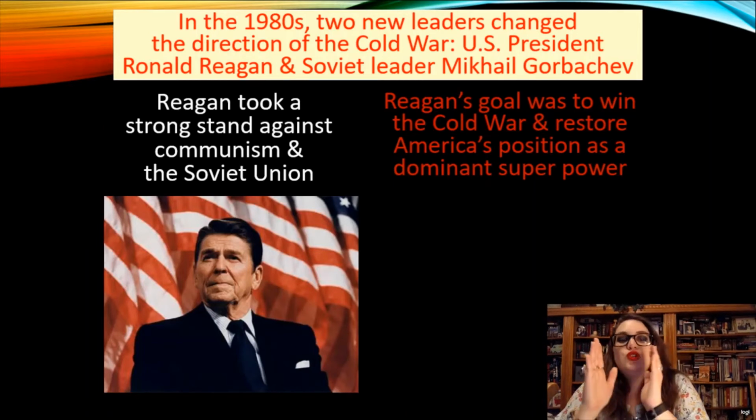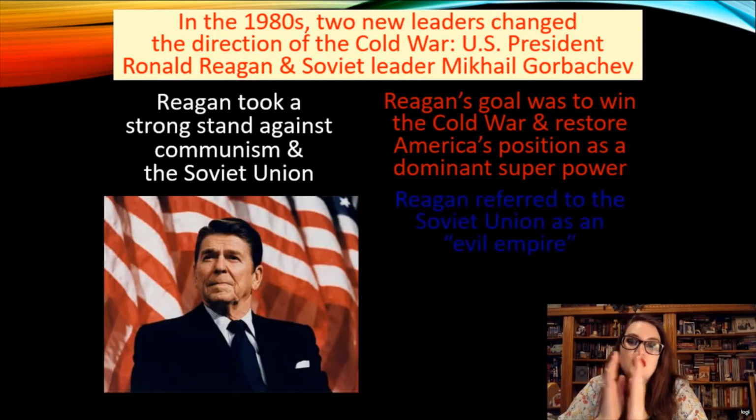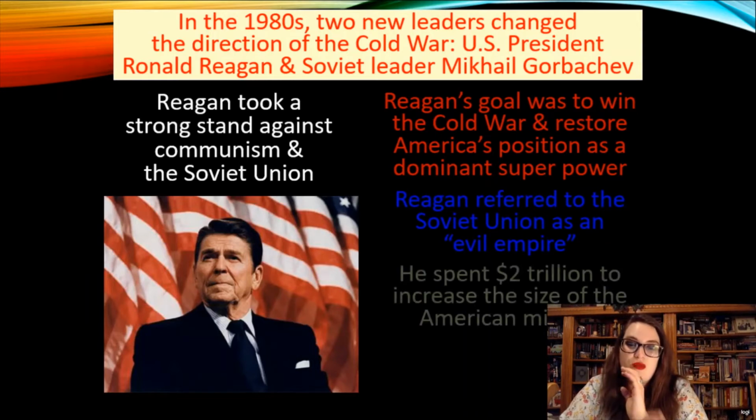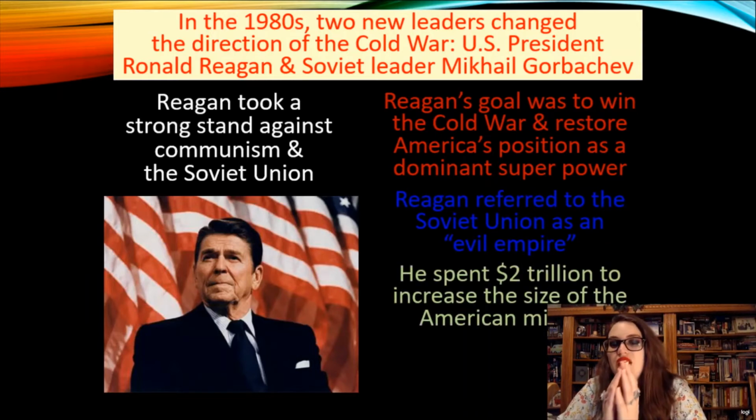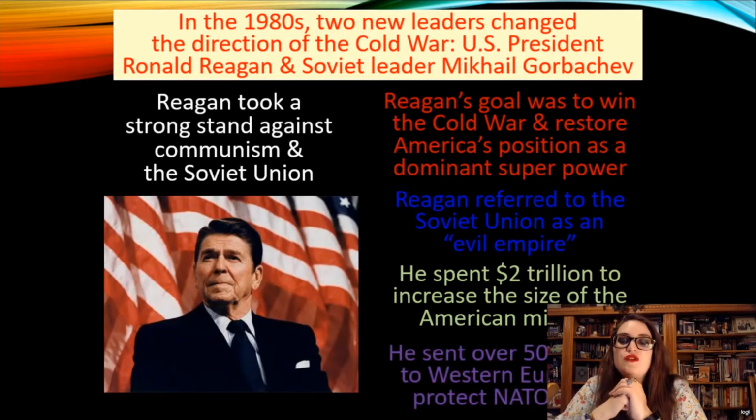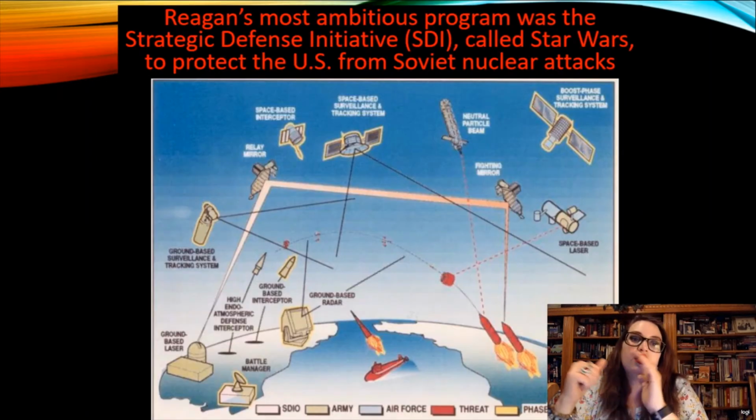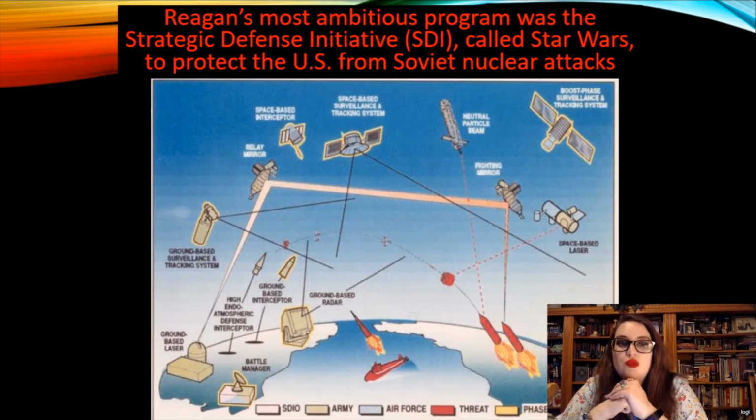Reagan took a super strong stand against communism and the Soviet Union, and Reagan's goal was to win the Cold War and restore America's position as a dominant superpower. Reagan referred to the Soviet Union as an evil empire, and he spent $2 trillion to increase the size of the American military. He sent over 500 missiles to Western Europe to protect NATO allies. Reagan's most ambitious program was the Strategic Defense Initiative, the SDI, called Star Wars,